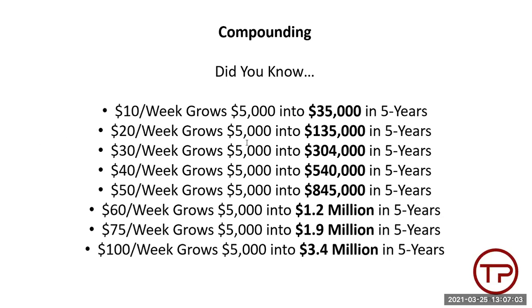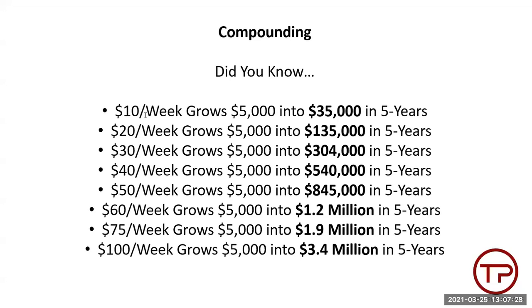And I put 5,000 in here. If you're going for $10 a week, you're probably trading a really low risk approach, and you can probably do that on a much smaller account than a $5,000 account. But $10 a week compounded according to the trading plan that I'm about to show you can grow your $5,000 account into $35,000 in 5 years.